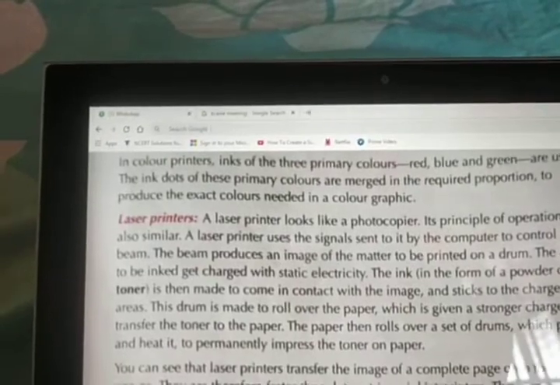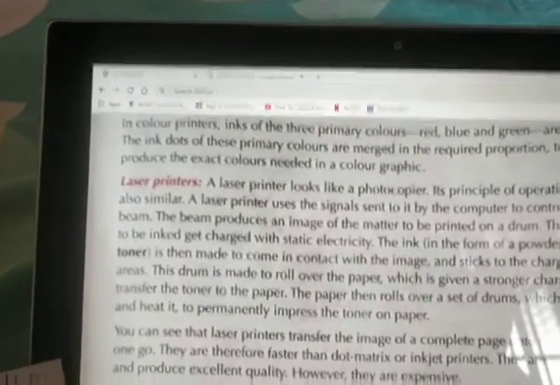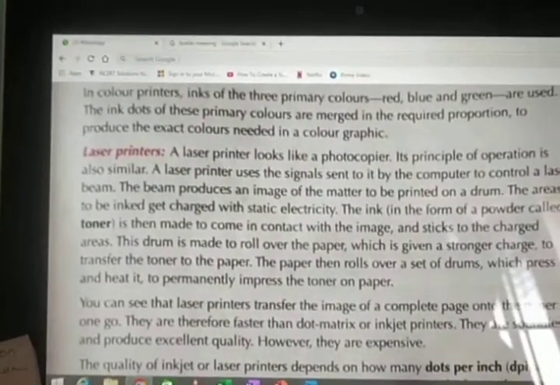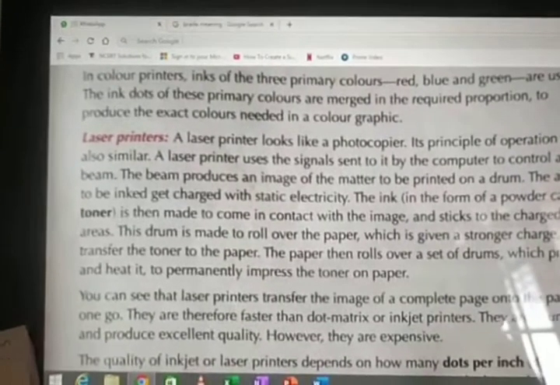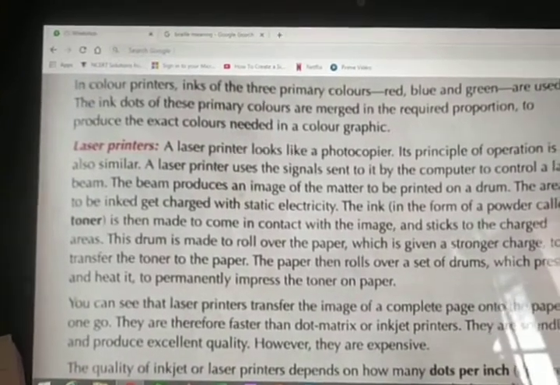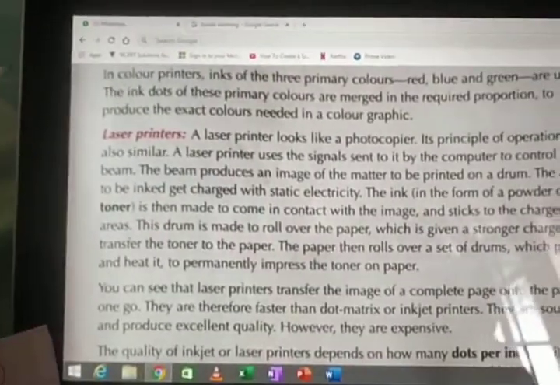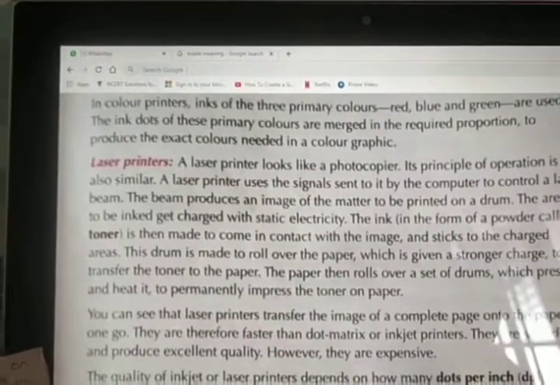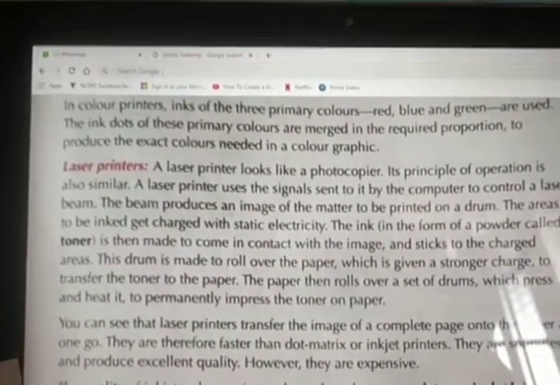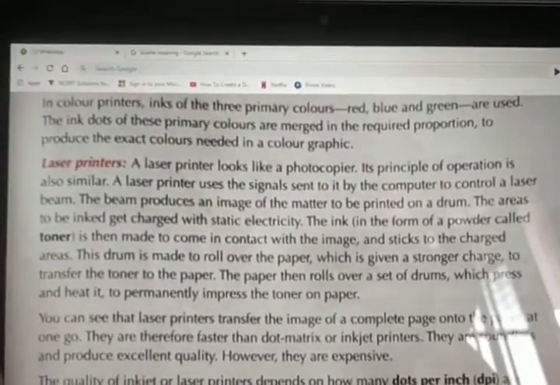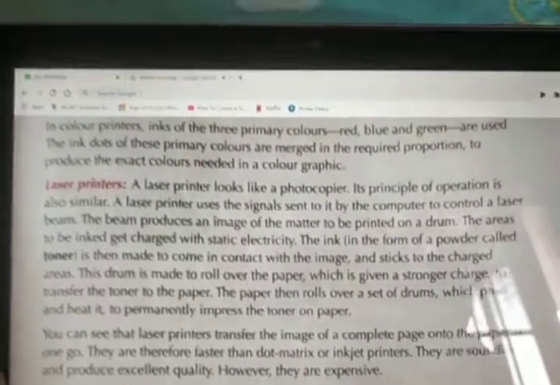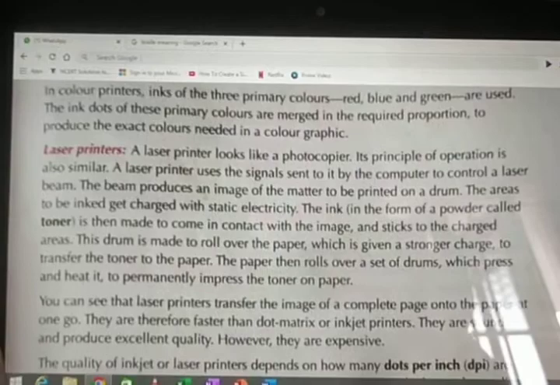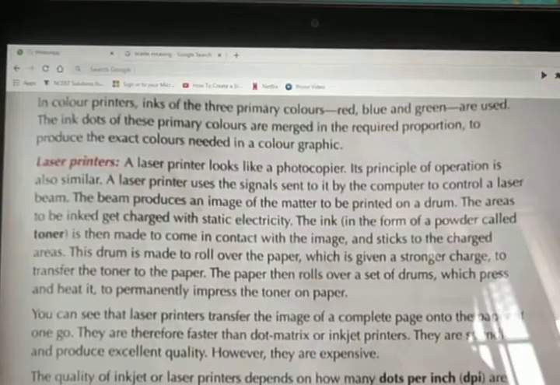Printers also have an additional storage area called buffer. Not only these things, they have one more advantage. What is that? They have a storage space called buffer. This will store information that is to be printed on the paper temporarily. After printing it, it will delete it from the buffer.